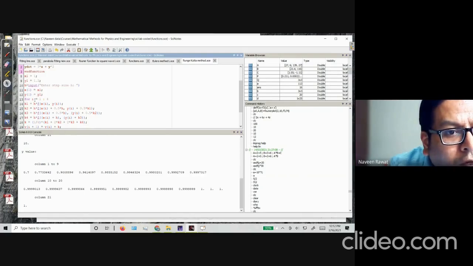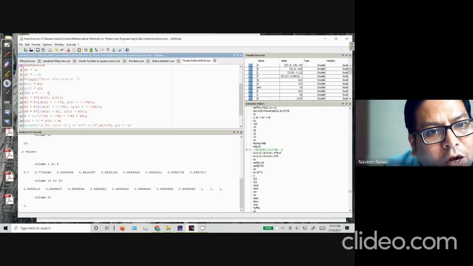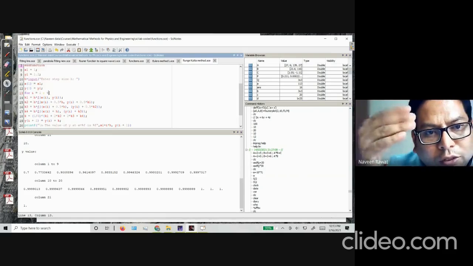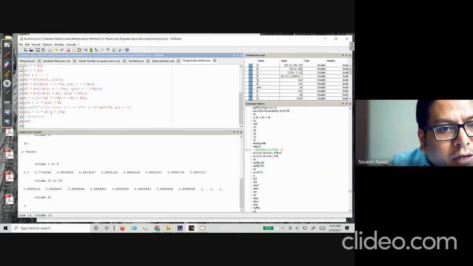Now we calculate all the coefficients up to the fourth order, k1, k2, k3, k4, and I have entered the formulas. We are using a for loop because we tell it how many iterations we want. In this case we are only going up to the fourth iteration, so it will go 4 times in that step size. If I choose a step size of 0.1, I will get the values at 1.1, 1.2, 1.3 and 1.4. All I'm doing is executing the code and seeing the output.